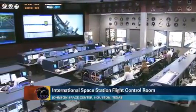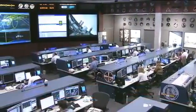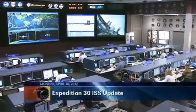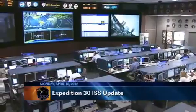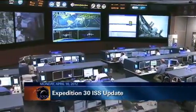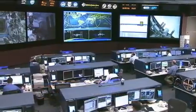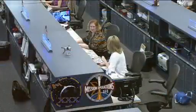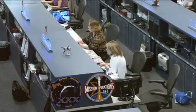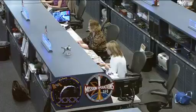You're joining us here inside of the International Space Station Flight Control Room at the Johnson Space Center in Houston, Texas, where the Orbit 2 team is currently on console, monitoring all of the systems on board the orbiting laboratory. That team today is being led by Flight Director Heather Rarick, and joining her at the Capcom position to the left is Kathy Bolt, serving as the voice communication link between controllers here on the ground and the astronauts up